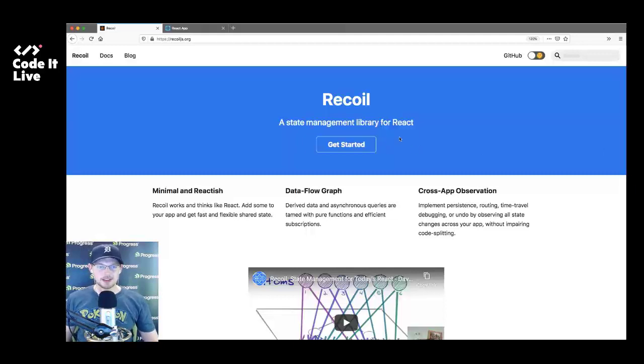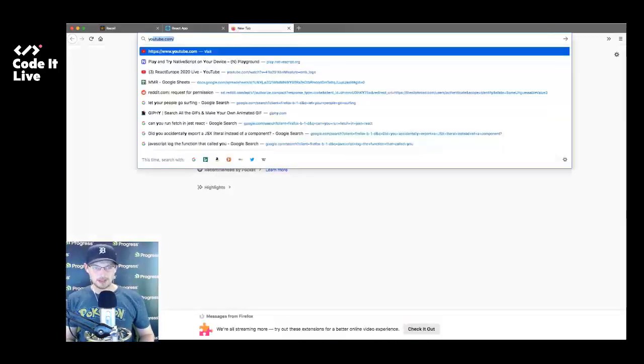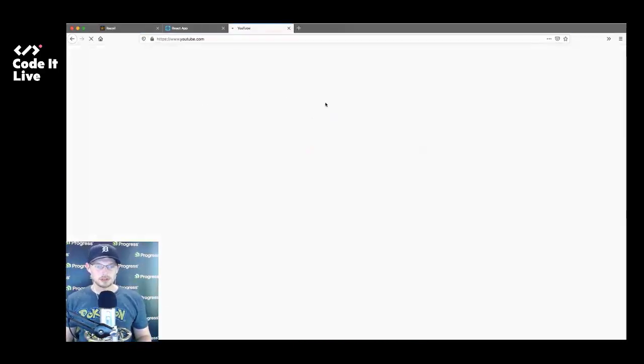Today we're going to be talking about Recoil, which, if you haven't heard before, is a state management library for React. And the other thing I should bring up too,